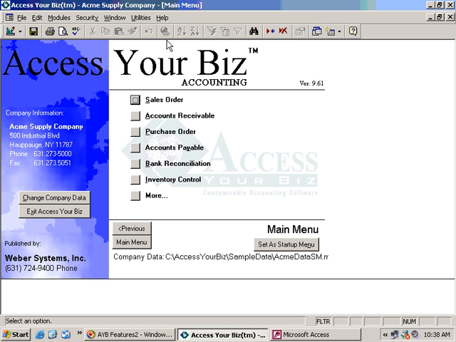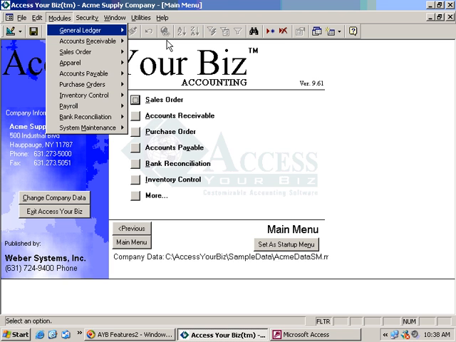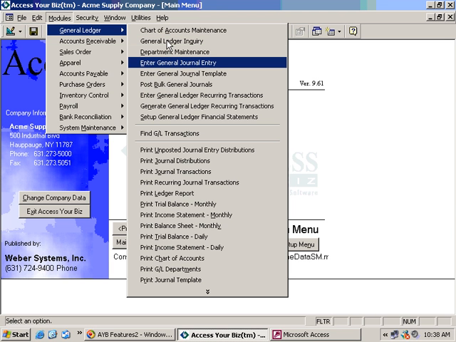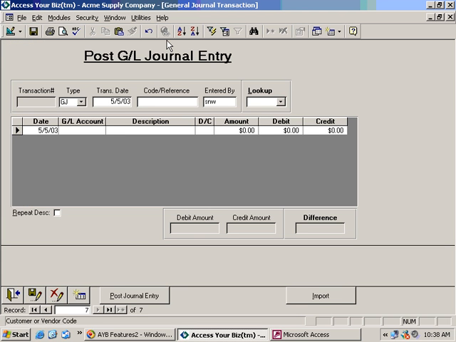The General Ledger Journal Entry Import feature is located underneath the General Ledger menu option. Enter General Journal Entry, and you can see in the lower right hand corner we have an import button. To understand how this data gets imported, what you need to do is know which file the data will be